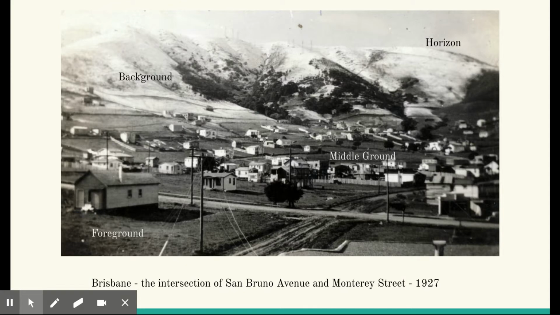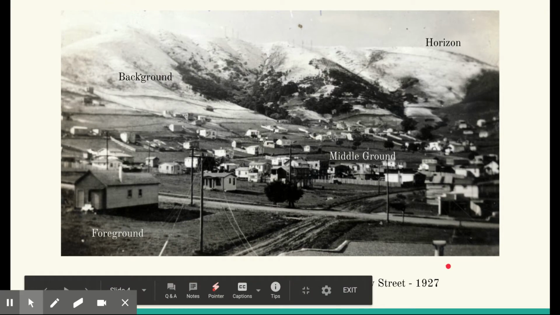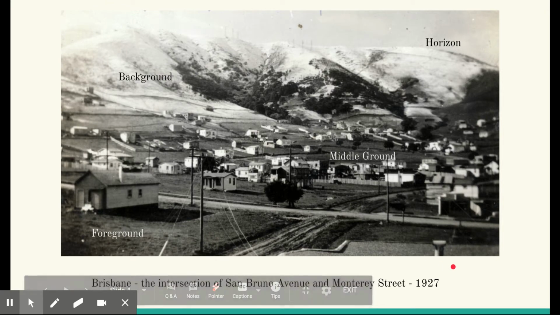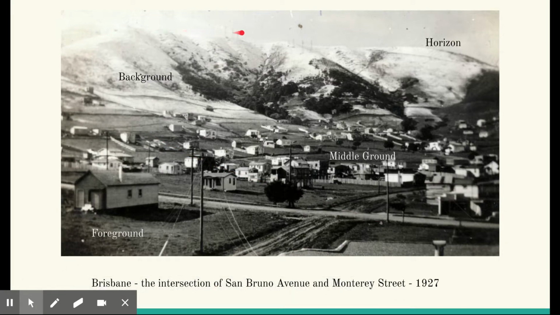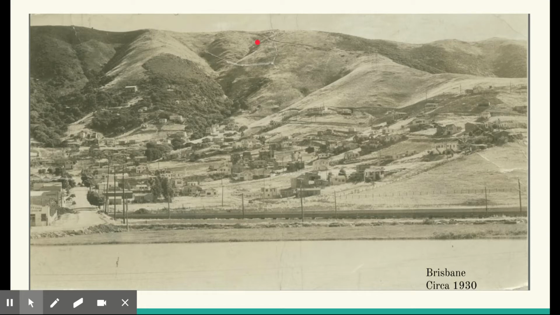All right. So now we're getting a little bit closer, about 100 years ago, not quite 100 years ago. And this is right where you guys live. The school is up this street a ways. And so this is, let's see, what is this? This is San Bruno Avenue and Monterey Street. Funny, right? You know exactly where that is. So here's our mountain. If you were going to draw this, if you were going to draw